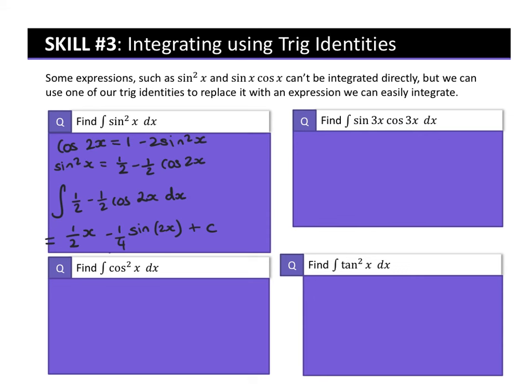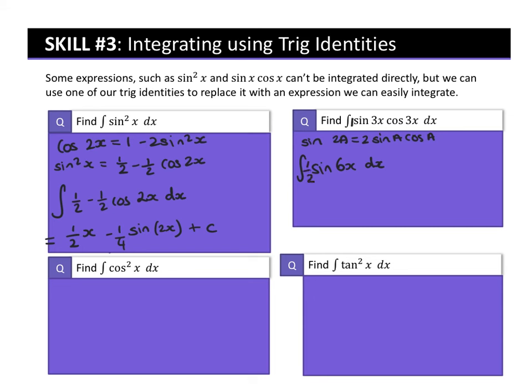For the next question, we have sine of 3x and cos of 3x with respect to x. This is again a double angle formula, because sine of 2a equals 2 sine of a cos of a. So in this case our a is 3x, so sine of 2 lots of 3x is going to be sine of 6x, which is what we're going to differentiate to. And remember, it's 2 lots of that, we only have 1 lot,